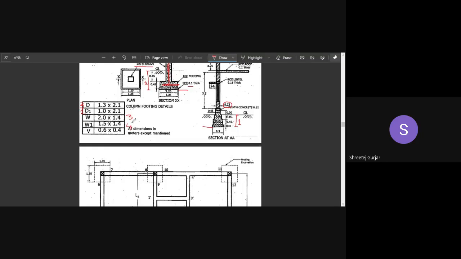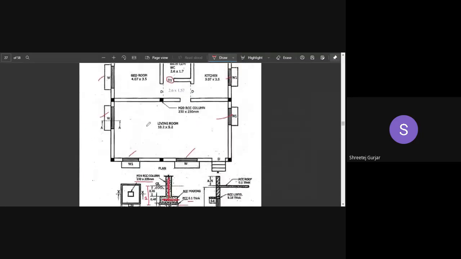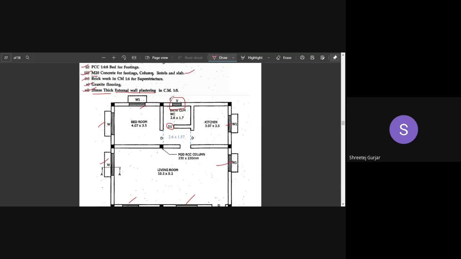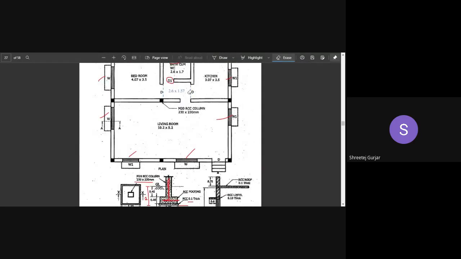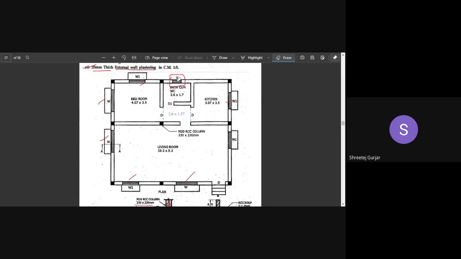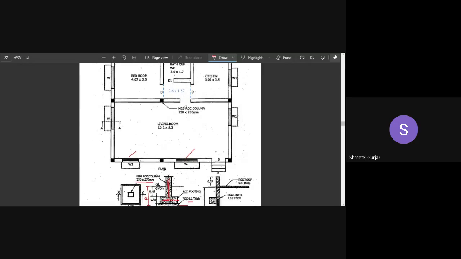Then moving on to ventilator. Ventilator is always provided for your bathroom, so ventilator is only 1 in number. That is regarding the number of doors, windows and ventilators. We do not count the opening. Remember that this opening is not to be mentioned in the schedule of openings. It is never mentioned.